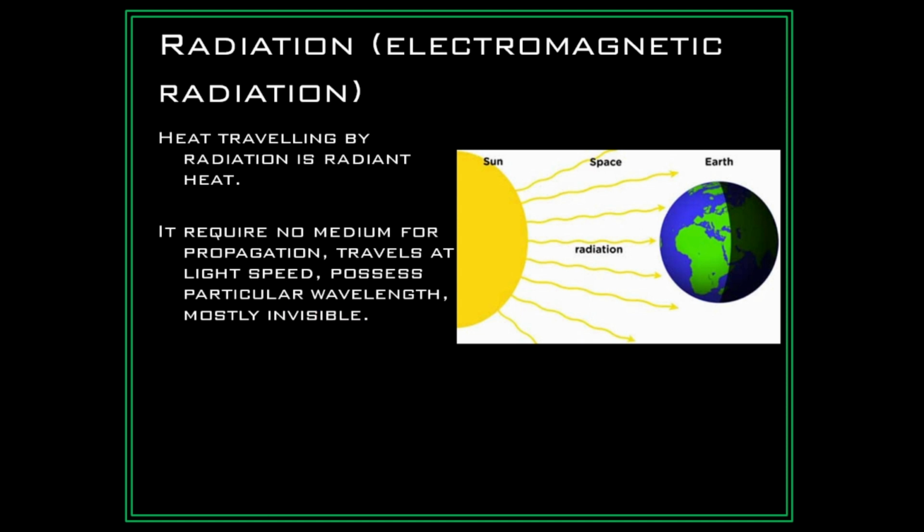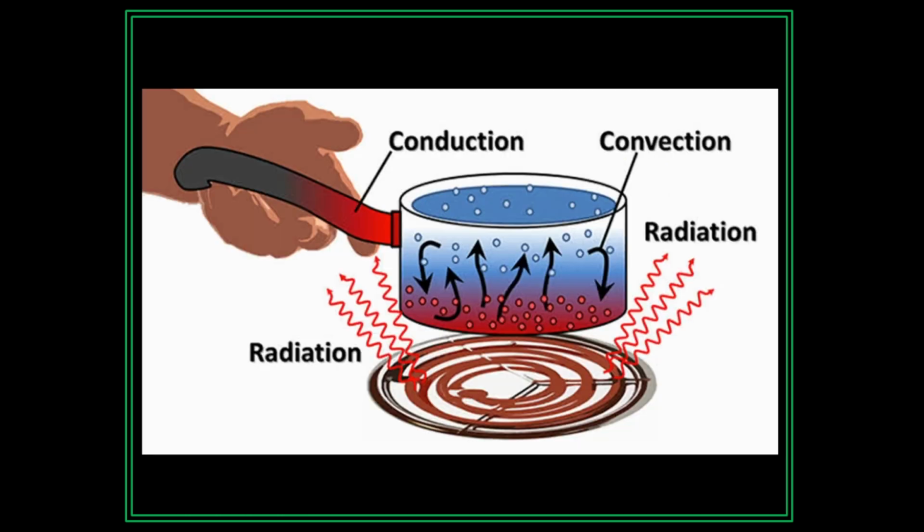And it is actually in the form of some particular wavelength. That means it is some kind of wave, and it has many properties similar to the light ray, and mostly it travels at light speed. Its nature is the same as an electromagnetic wave, or we can say light.